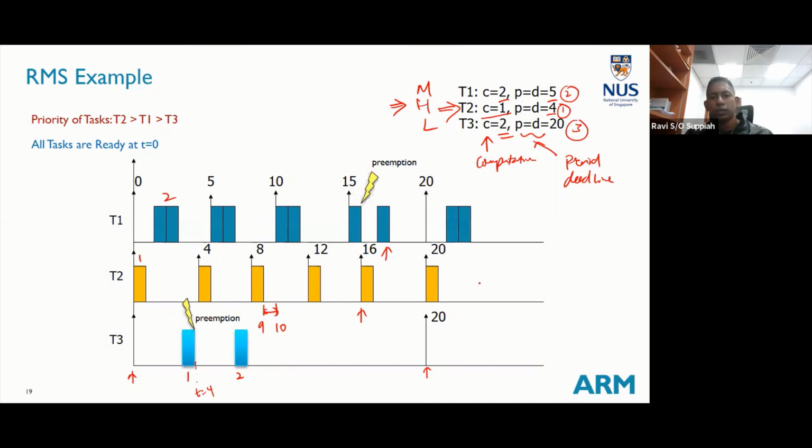All right, so this is basically how you analyze the execution flow based on this RMS algorithm over here. What do you see? You see that at 0 to 20, after that, it repeats itself, right? Because the first few starting blocks of this and the first few starting blocks of this look to be the same, correct? So you can see that this whole sequence will repeat itself again